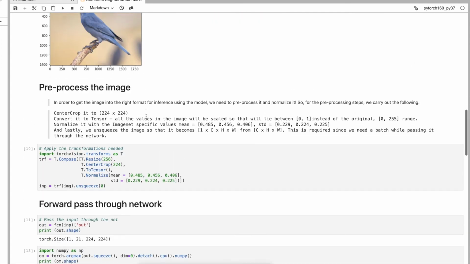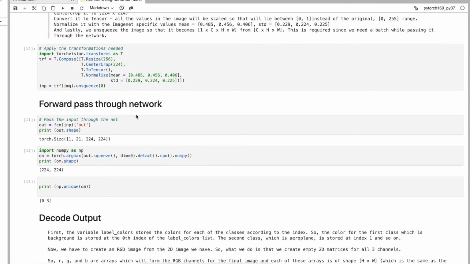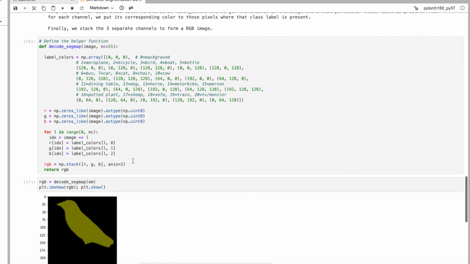That's why we put all the pixel values in 0 to 1, which is called standardize. Using the transform, we can standardize all the images, and finally using the forward pass we get the output.